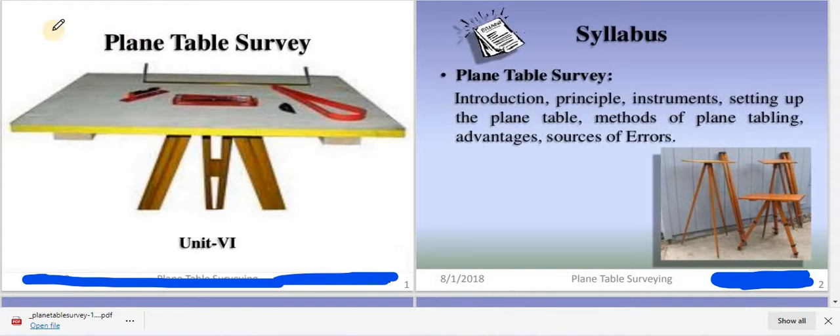So good morning everyone. As we all know, we have completed our fourth unit, which is related to theodolite survey. Today we'll start with our fifth unit, that is plane table surveying. Okay. So in plane table surveying